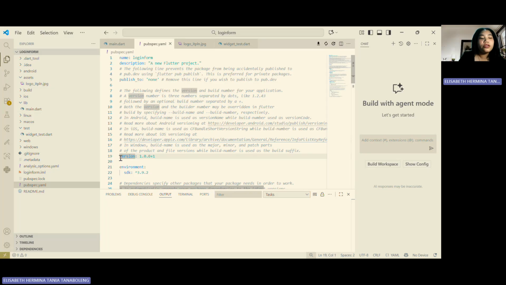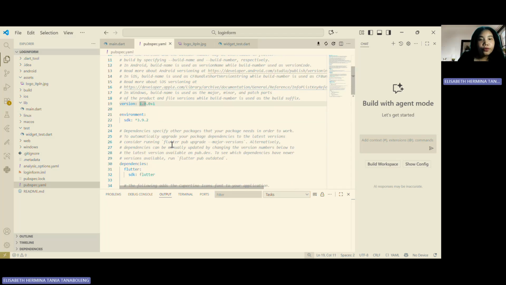And last, version 1.0.0+1 indicates the application version, where the first number 1.0.0 is the release version, and the number after the plus sign indicates the build number.